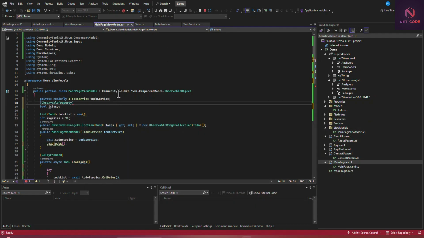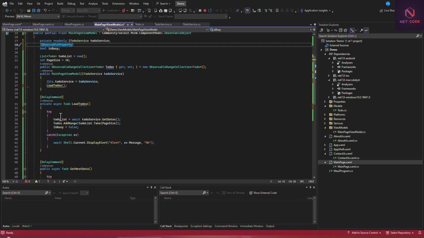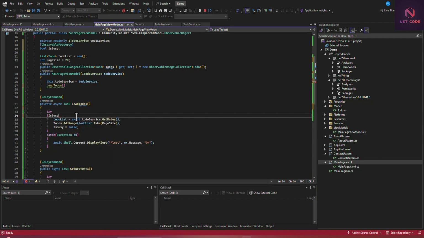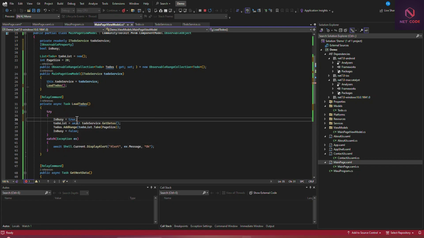So now in here, when the page loads for the first time, we want to check. So when this method is called, we want to set IsBusy to true. And also down here you can set this to false also.